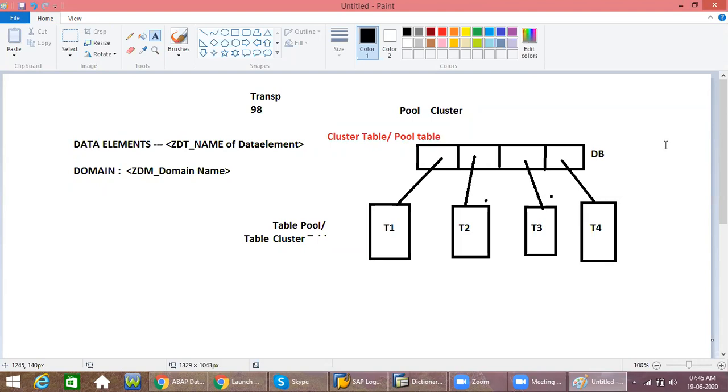So for the short form, tables are assigned to a table pool or table cluster. These table pools and table clusters are referred to as pool table or cluster table.